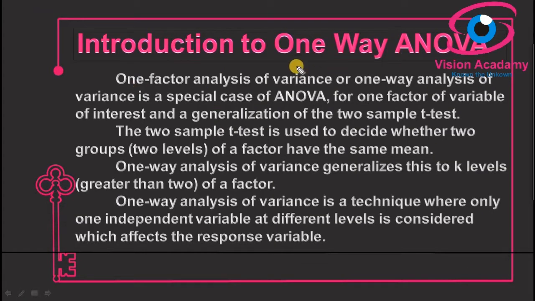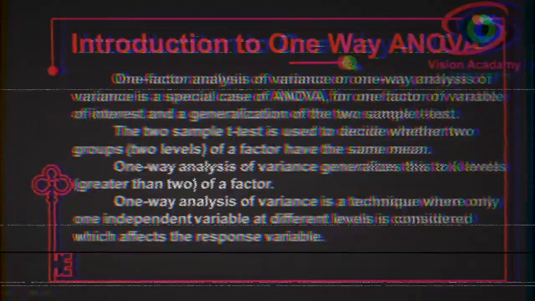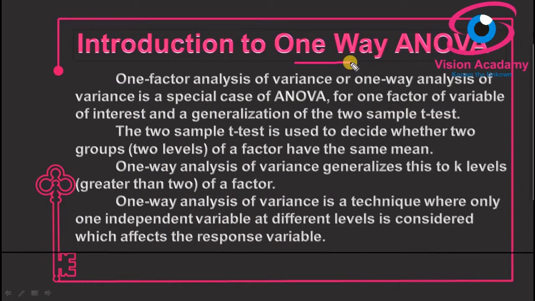Considering one-way ANOVA, why we should call this one-way ANOVA is a very important thing. One should be clear with this topic. Why should we call this one-way ANOVA? It means we consider one factor of analysis of variance, or one-way analysis of variance. We are going to consider only one factor in the study, in the experiment. For that reason, we call this one-way ANOVA, which is a special case of ANOVA where we consider one factor or variable of interest, and a generalization of the two sample t-test.